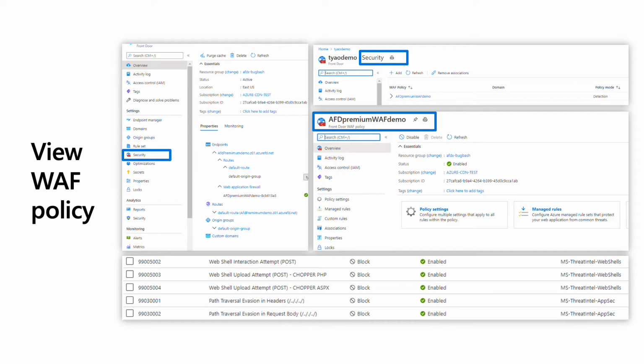From there, you will be able to get to the security page that shows you the association between web application firewall policy and the domain. And you can also link you to the web application firewall configuration page. There, you can look at the detailed definitions of the web application firewall policy. I'm going to walk you through a quick demo of how to add and change a web application firewall policy. Next, let me set it up.